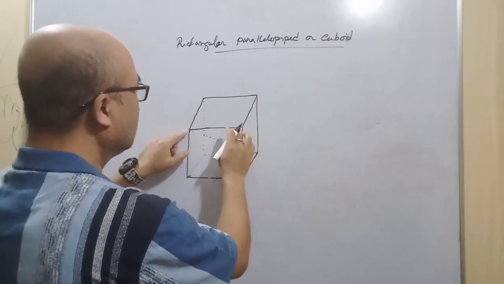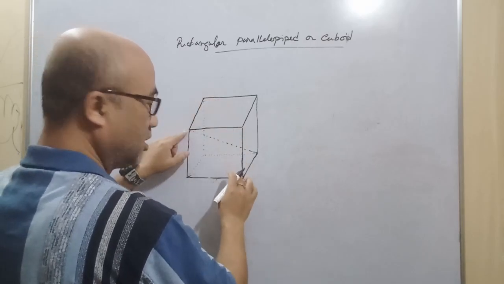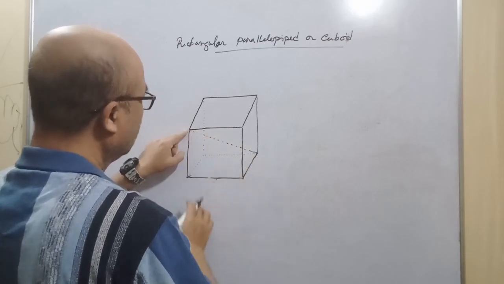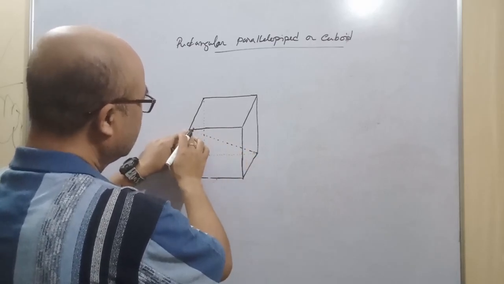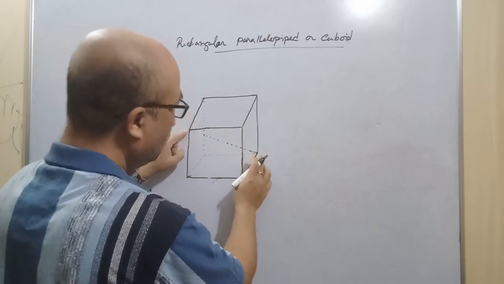We can do it from this vertex to this vertex also, or from this vertex to this vertex also. So we choose to draw from here to here. This is a diagonal from one vertex to the other opposite vertex